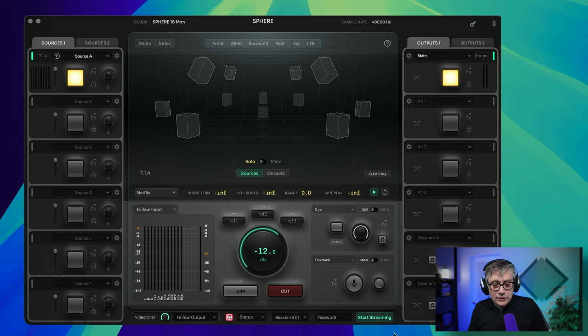Down here you have the traditional monitoring system settings that you have in a professional studio. You have a talkback option, for example, and you can also connect it to Ginger Audio's service that allows you to collaborate across the internet. This essentially allows you to stream your setup to somebody else and collaborate that way. So it's actually really nicely laid out and very well thought out.